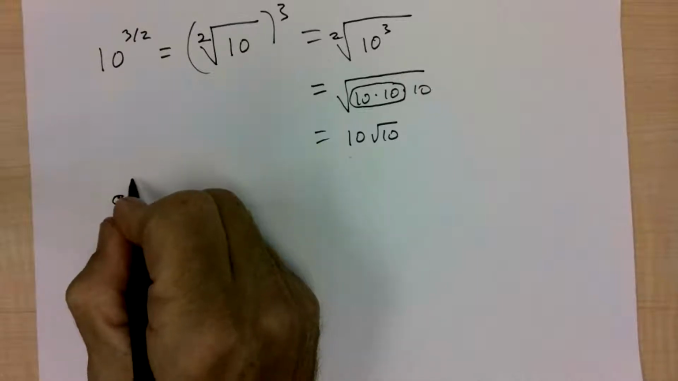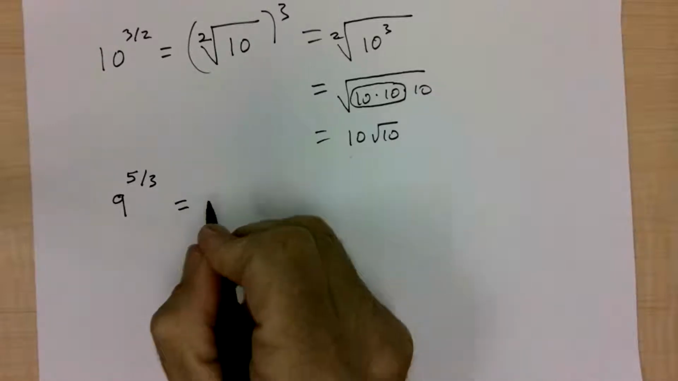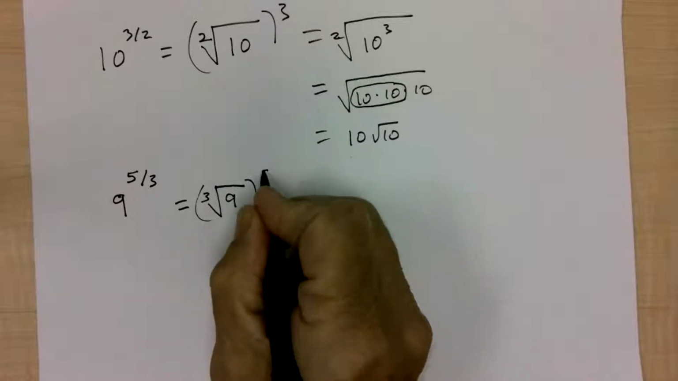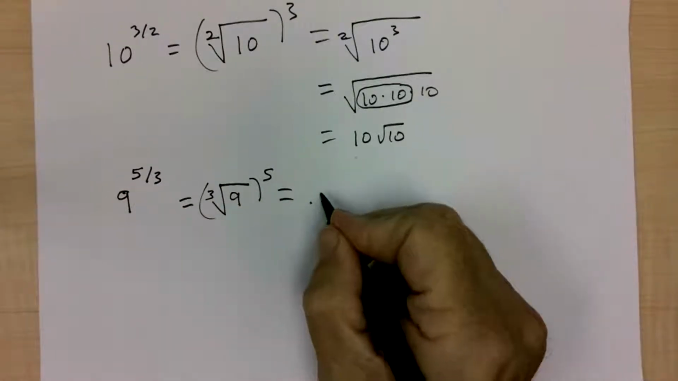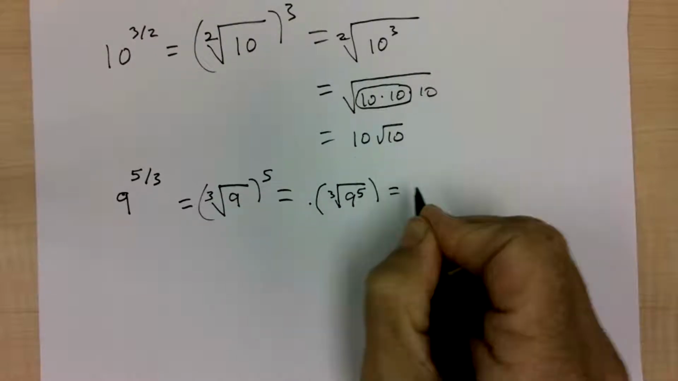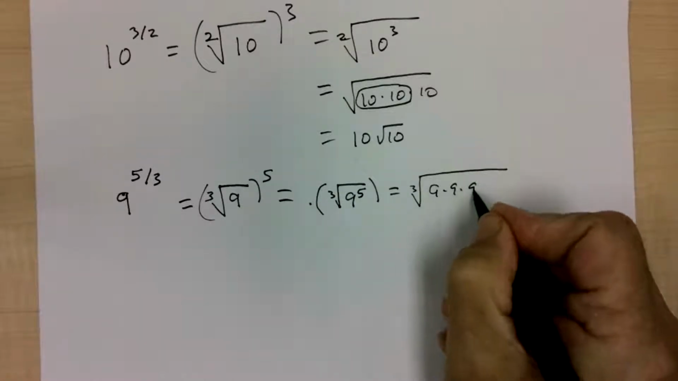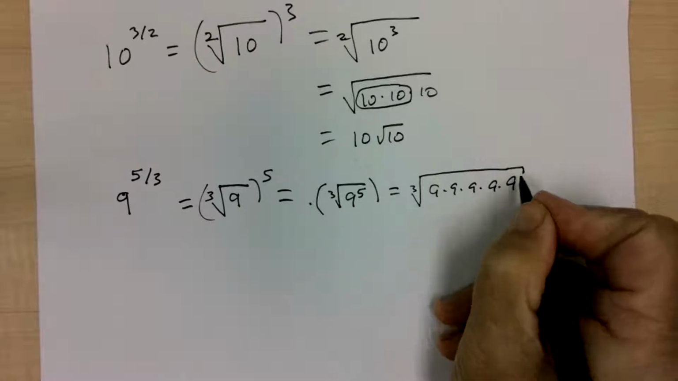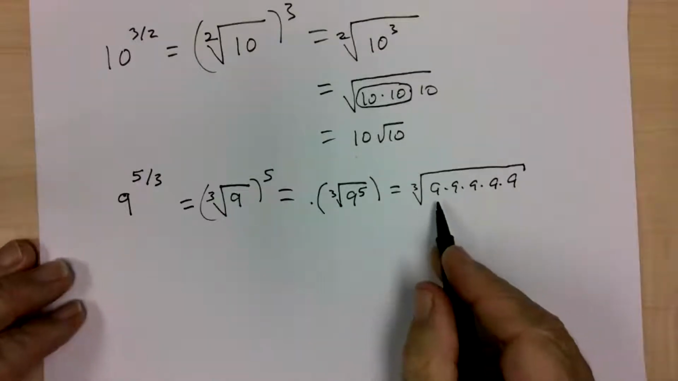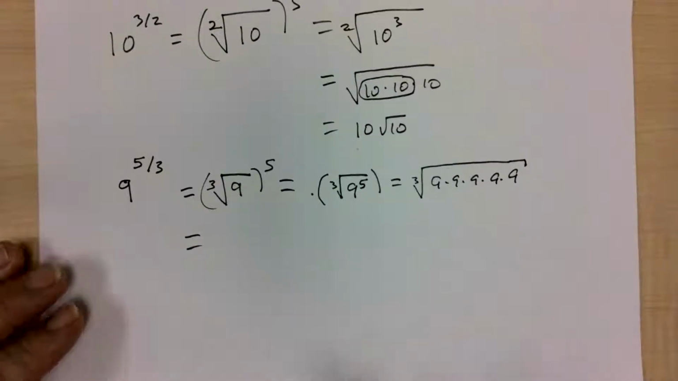Similarly, if I have 9 to the 5/3, what does that mean? That means the cube root of 9 to the 5th, which means the cube root of 9 times 9 times 9 times 9 times 9. We see it's a cube root though, so I need to look for triples. This would actually be more helpful for me if I would rewrite the 9s in terms of its prime factors of 3s. So let's rewrite this one more time as